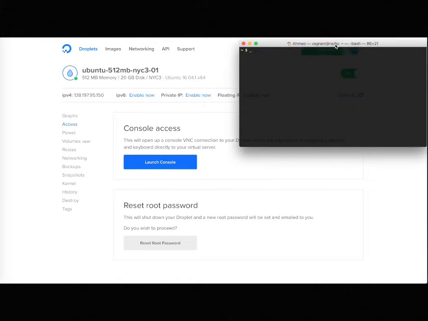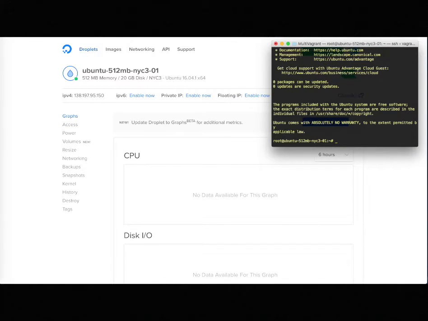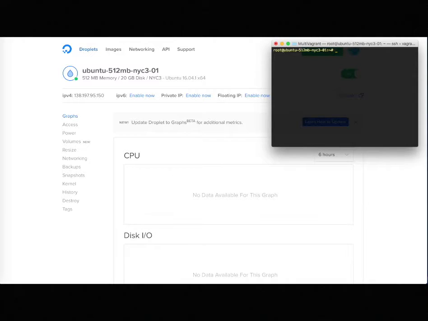Now just type SSH and the user is root at the IP address that we have. Hit enter. It's going to ask for the current password, which is the temporary one, and now it asks for a new password. That's it, we're in. Now let's go ahead and install Apache, PHP, MySQL, but before that you need to run